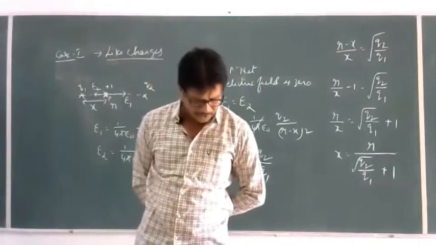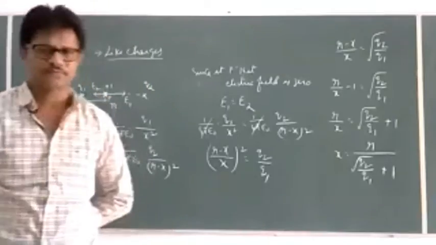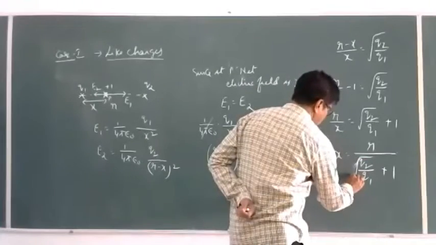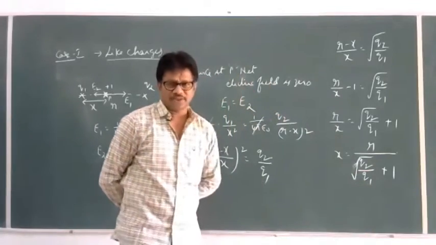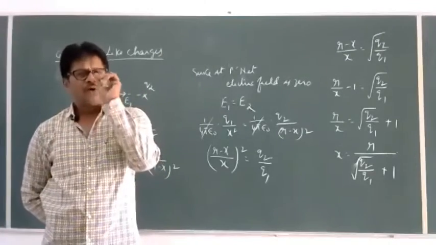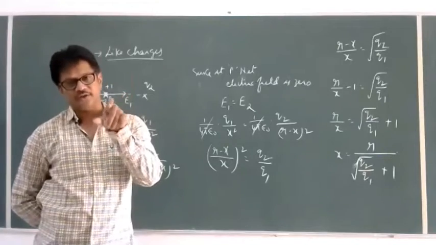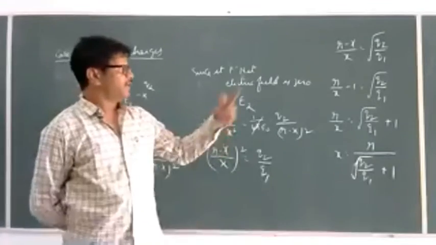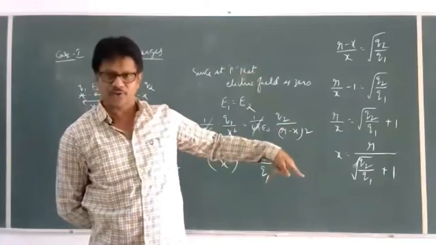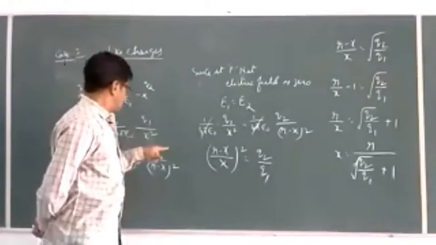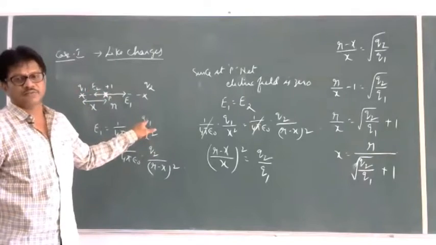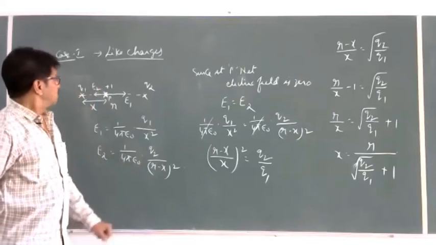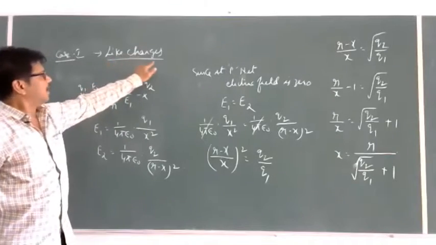The same formula we derived in case of forces also. That's what I mean here: whatever formulas we used to find the resultant force, the same formulas we can use here also. The only difference is, in case of forces we get two charges, here we get one charge, that's all. Similarly, in case of unlike charges,